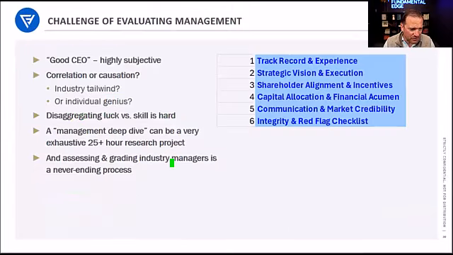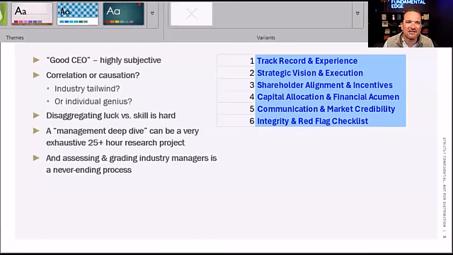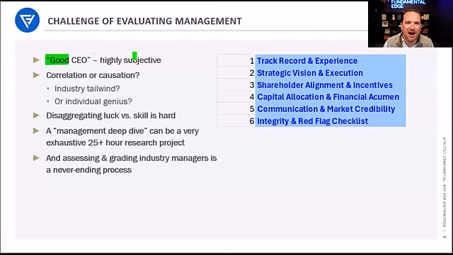Long story short, investors, certainly longer duration investors, really believe intensely in the criticality of management. The hard part about evaluating managers is there's no right answer. If I want to understand what EBITDA margins are in this business, that's a deterministic right answer. I can pull that from the income statements, or from my model. Considerations of what is a good CEO really are highly subjective.